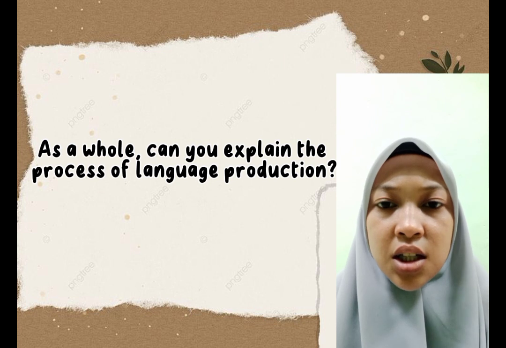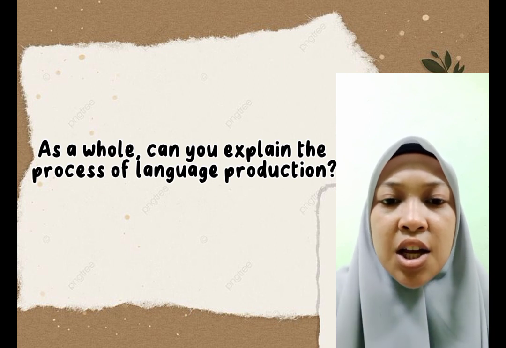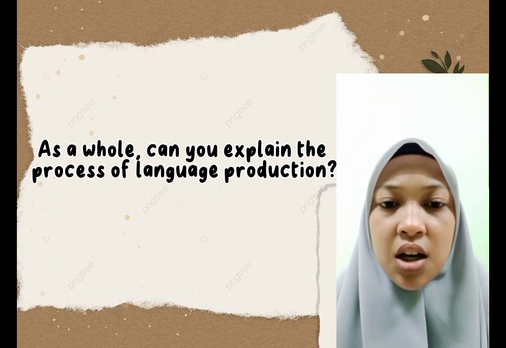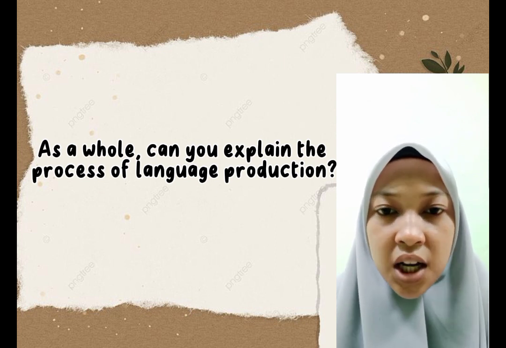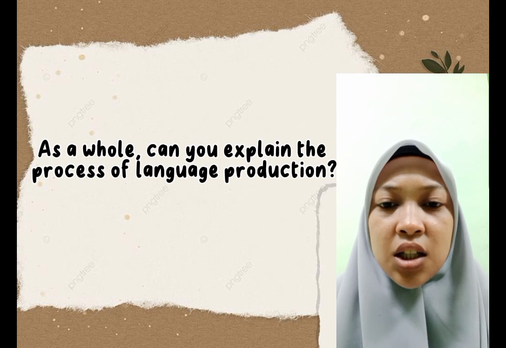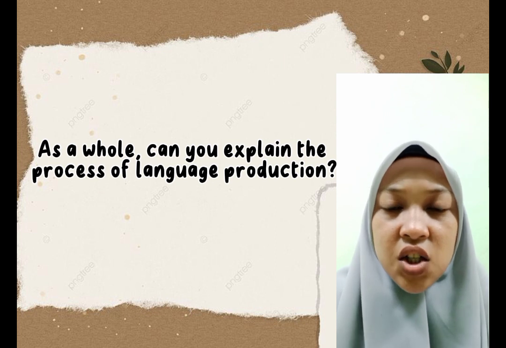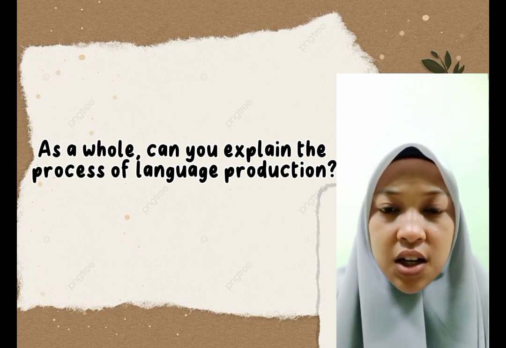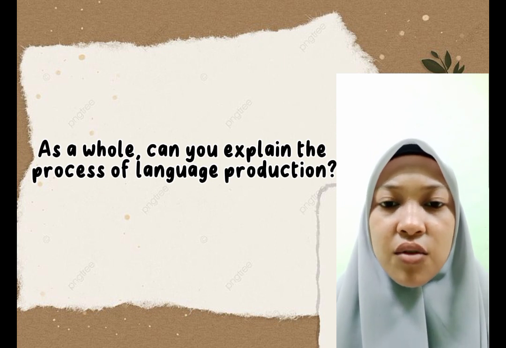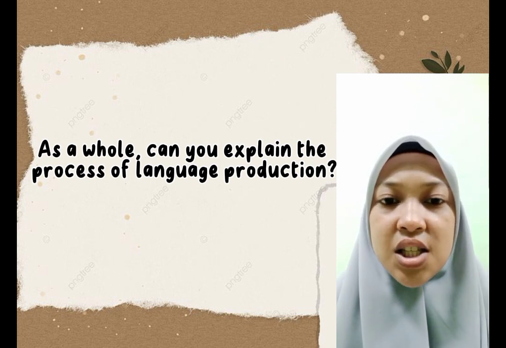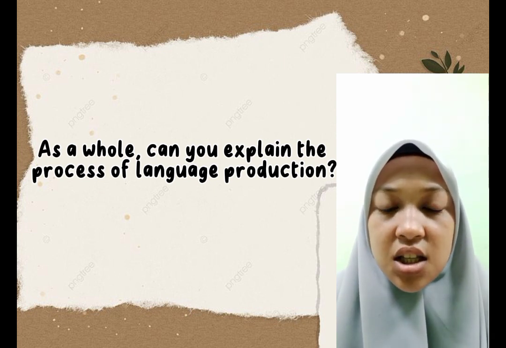Levelt's opinion is in line with Warren's view, which says that language production always begins with the presence of an intention or message in our mind. Next, our mind will work to plan and to choose words and sentence structures to represent the intention. Finally, the intention represented in the form of vocabulary or sentences is articulated in the form of a series of speeches or utterances.